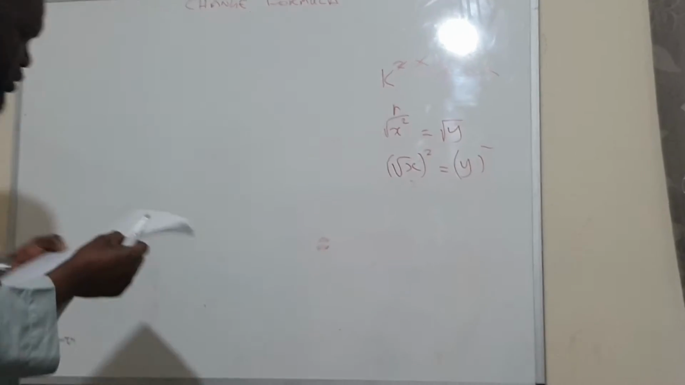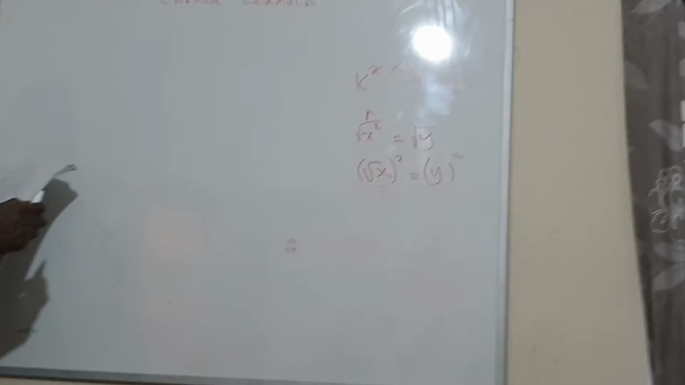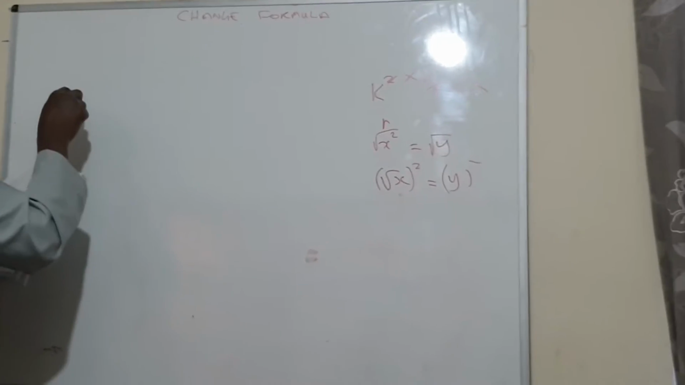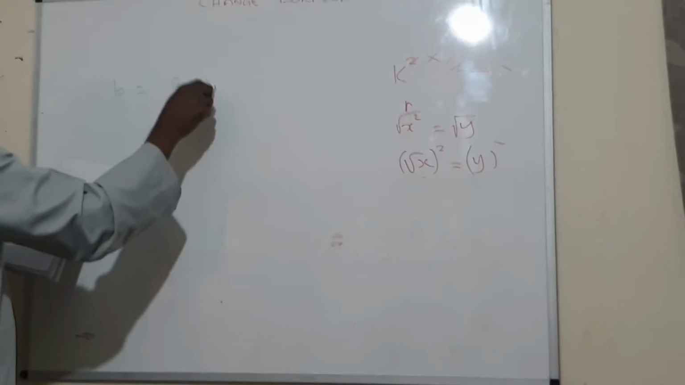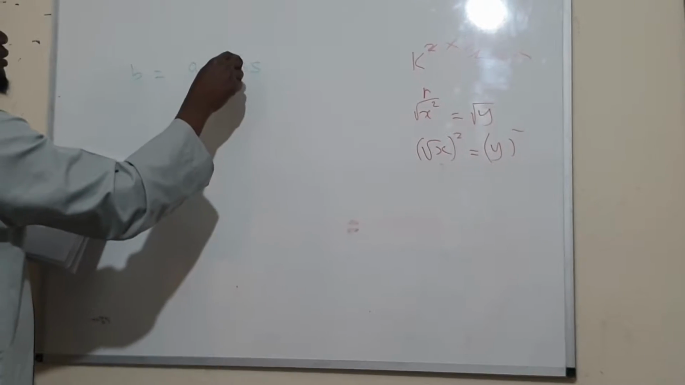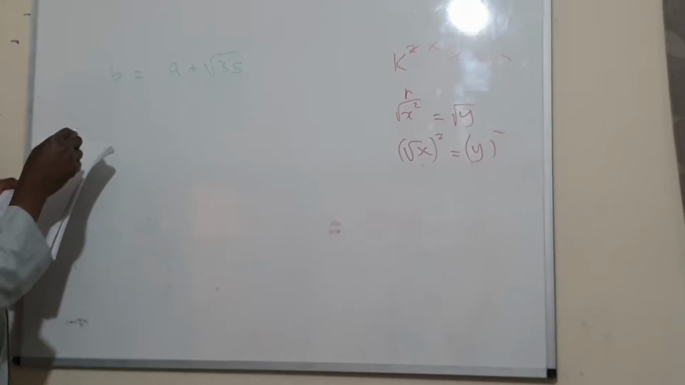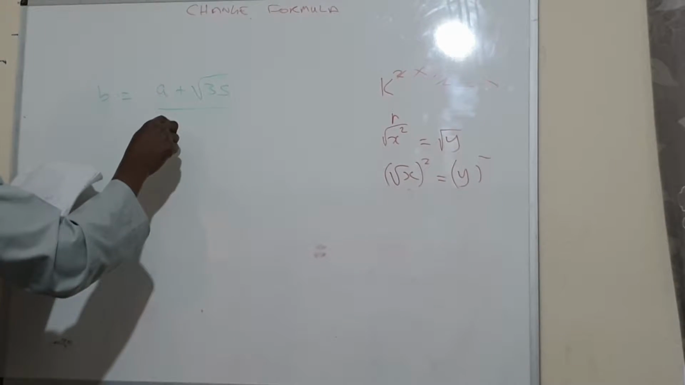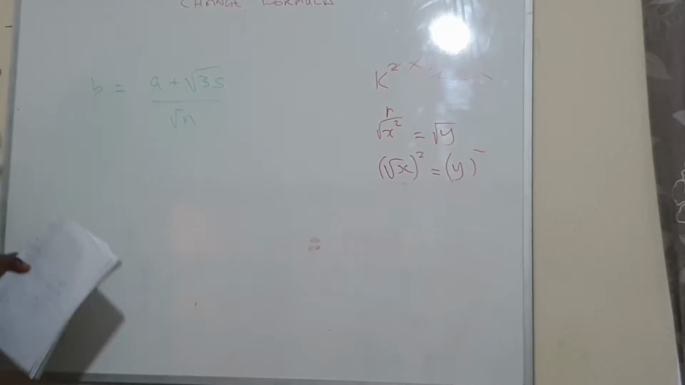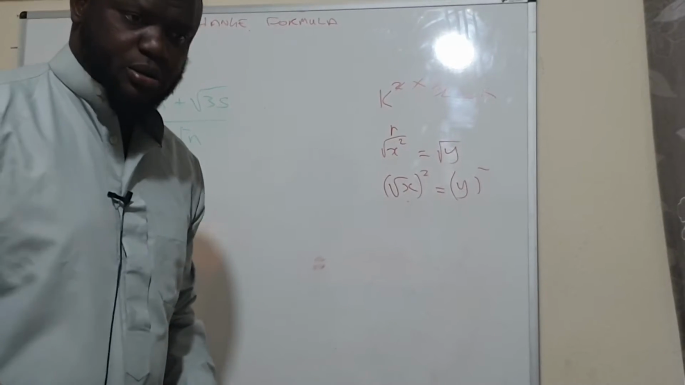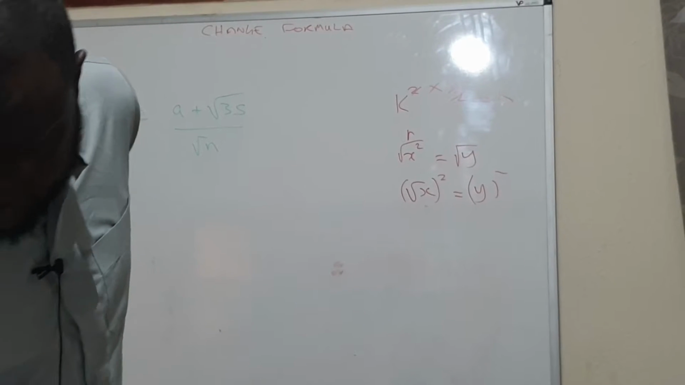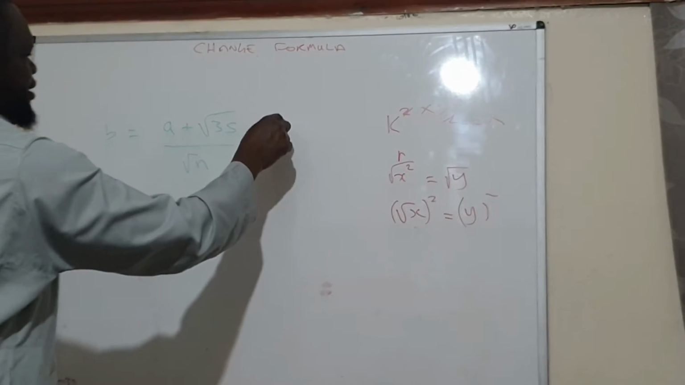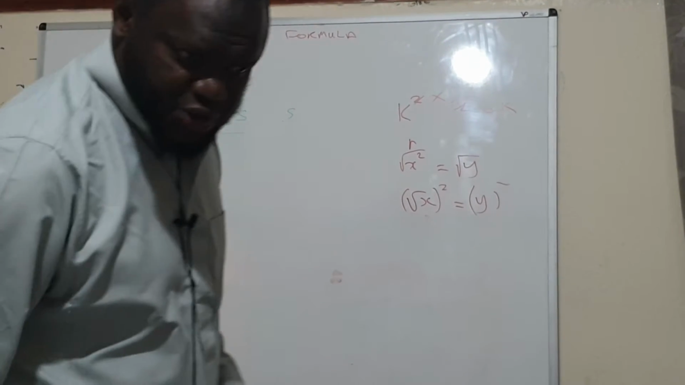Okay. Our question yesterday said B is equal to A plus square root of 3S all over root of N. What are you making the subject of the formula? Now what are you supposed to make the subject? S. You make S the subject. Also, don't forget,